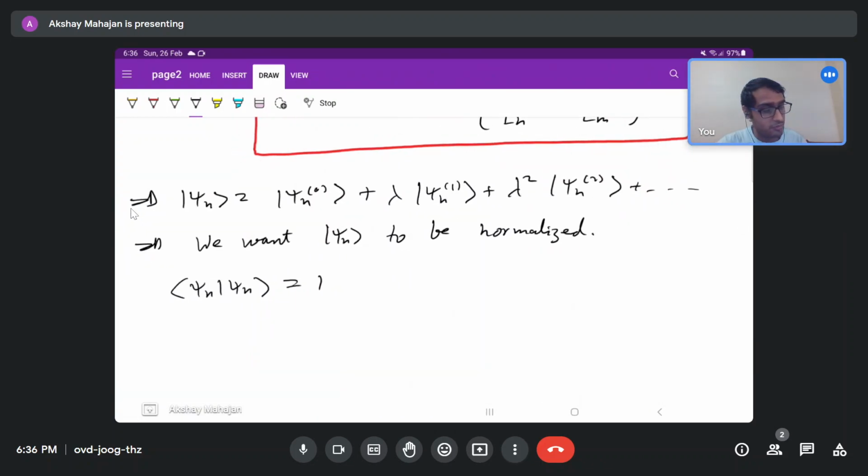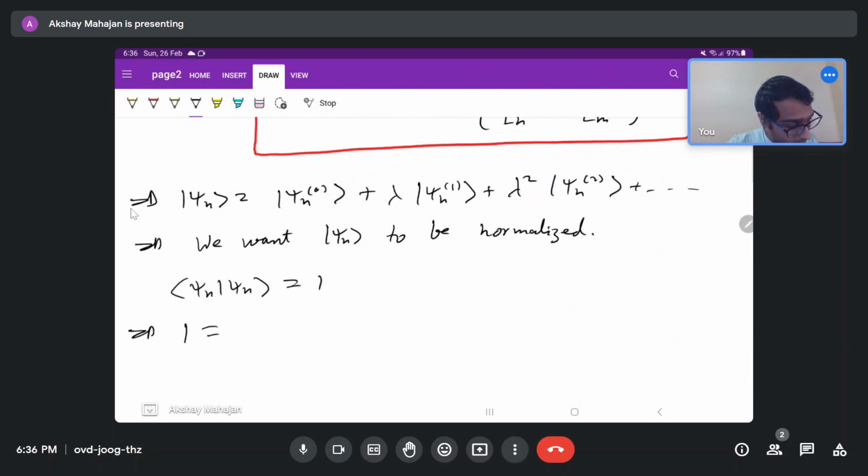So our total wave function is obtained by adding to the zeroth order the first order and second order corrections. Now if you want to normalize it, then we will have this, and if I write this equation there, what we will have is